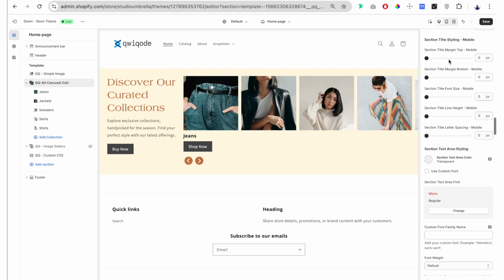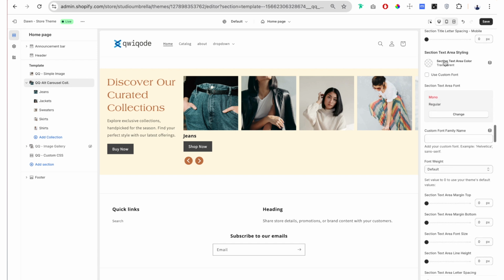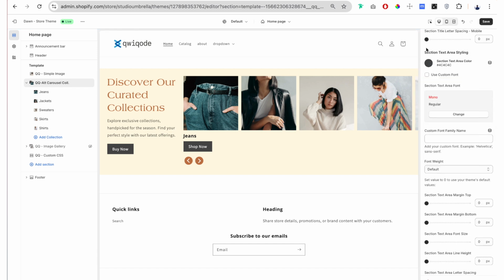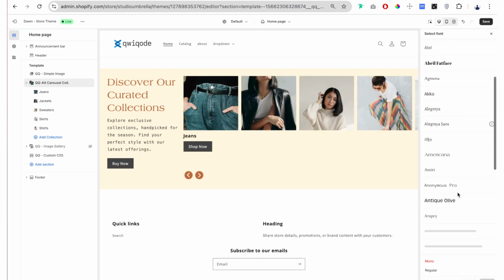Next, we have the title styling for mobile. So we have the same. We have the margin top, margin bottom, font size, line height, and letter spacing. Next, we have the section text area styling. And from here, we can choose a color, maybe like a gray, like this, and use a custom font, maybe something like